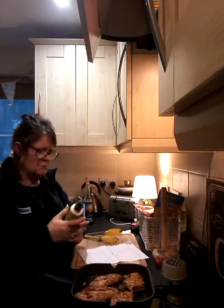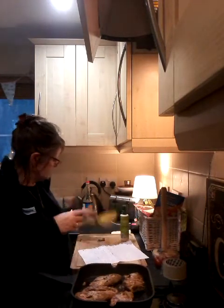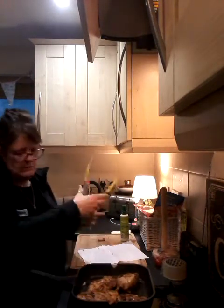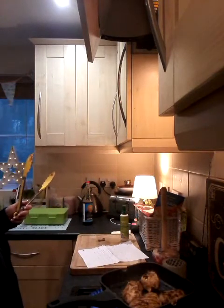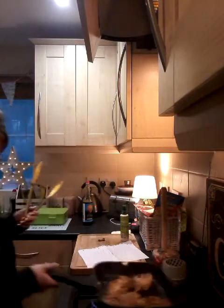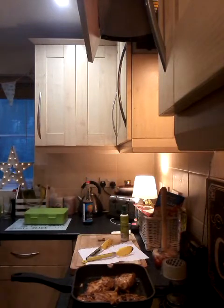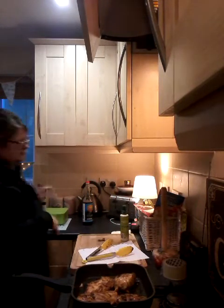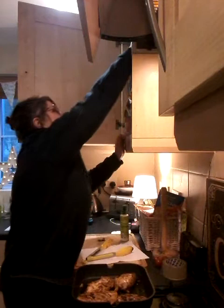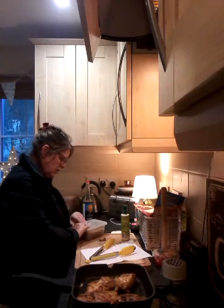Right, I'm just going to give this another quick spray. Now what we've got to do is add a little bit of sugar. I'm going to turn that over, and I'm going to turn it down a little bit. I still have issues with this oven. It still turns itself off. That's my blimmin' head in. Right, I'm going to have to put this on. Sorry, I know it's noisy. Oh, Smoky Joe. Right, sugar. Let's find some sugar. It's a little bit chilly in there. So you want to get your sugar and you want to...